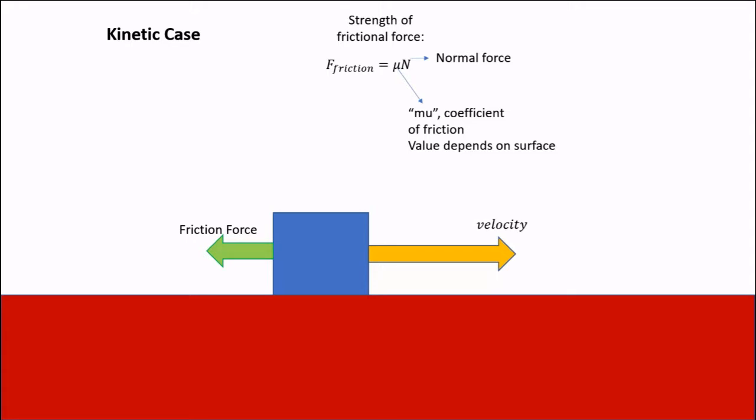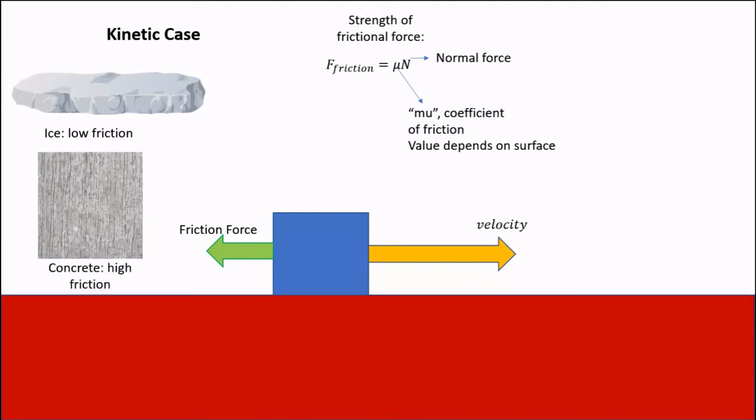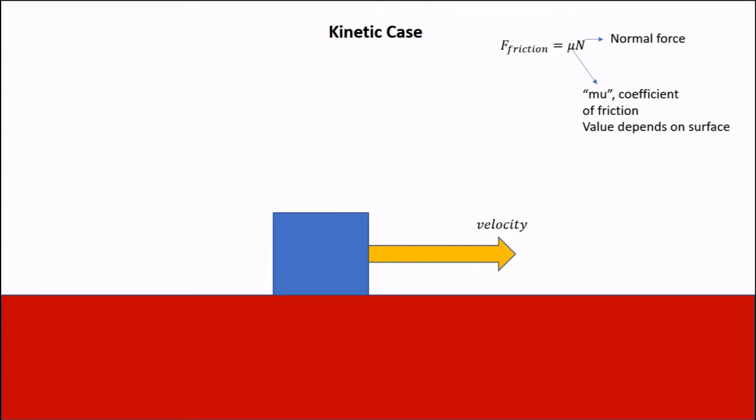You can imagine that a surface made of ice will have a very low coefficient of friction, since it is very slippery, which means there isn't much friction. A surface like concrete, on the other hand, has a pretty high coefficient of friction, and objects don't slide along concrete very well. So let's actually figure out what the acceleration of the box is in this case due to